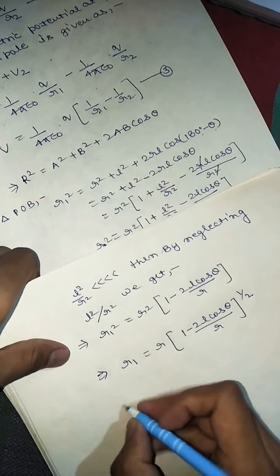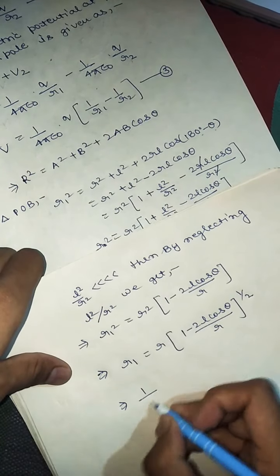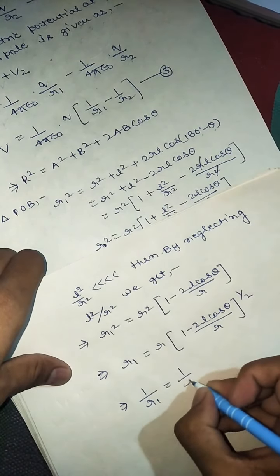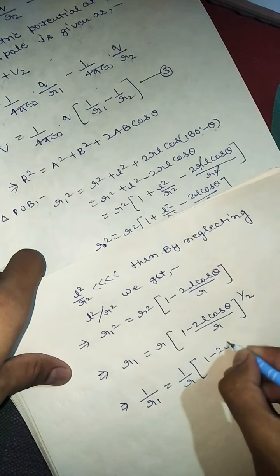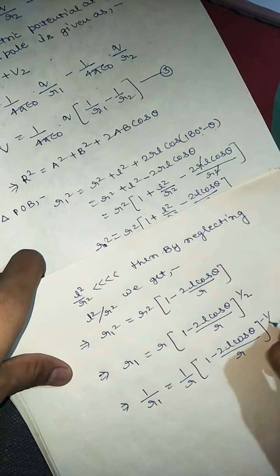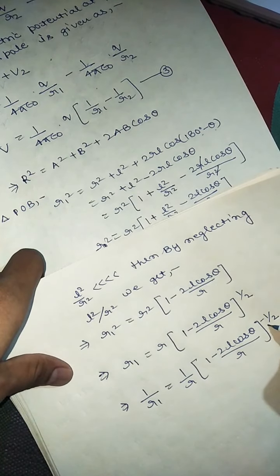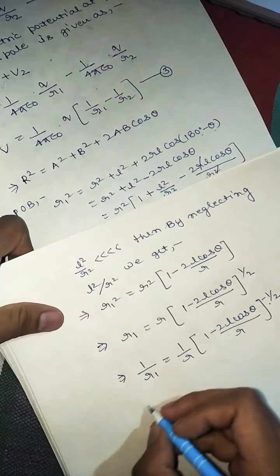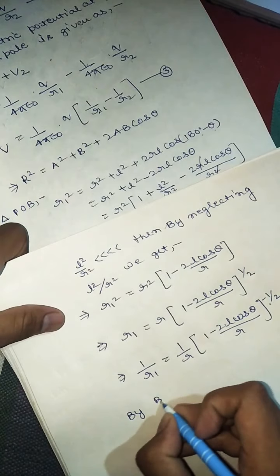This becomes, now we are taking inverse, 1 upon R1 is equal to 1 upon R 1 minus 2L cos theta by R, to the power minus 1 by 2. We are taking inverse, that is why it becomes minus. We know that by binomial theorem,